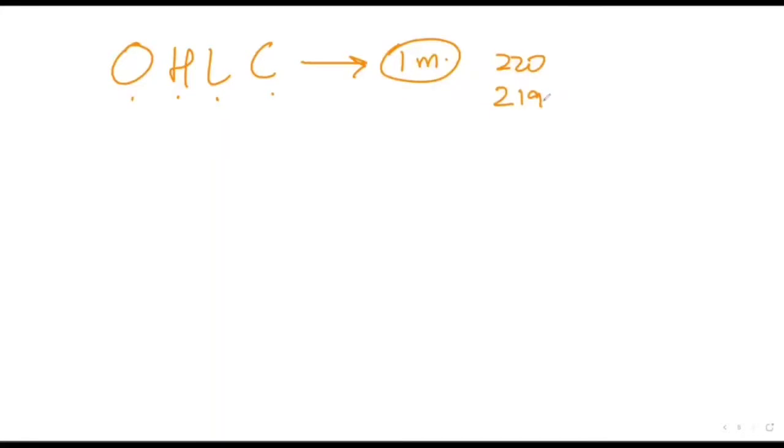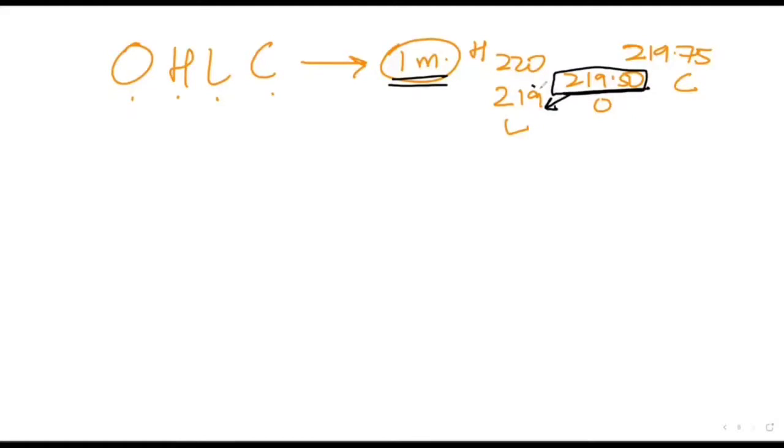And during that minute, it opened at 219.50, and it closed at 219.75. This is close, this is open, this is low, and this is high. Now, please understand what would have happened during that minute. The stock would have opened at 219.50. It would have gone down, let's say, all the way to 219. And meanwhile, someone started buying. The stock went all the way up to 220, and finally closed at 219.75 in that 1 minute.